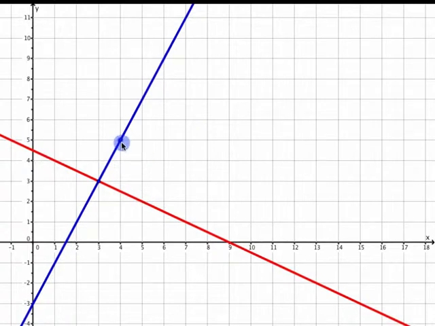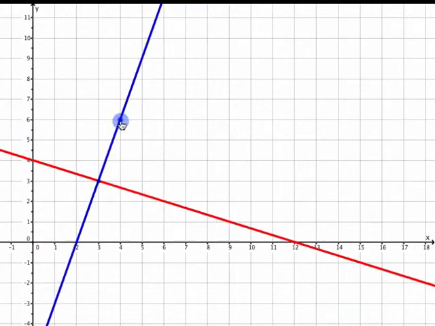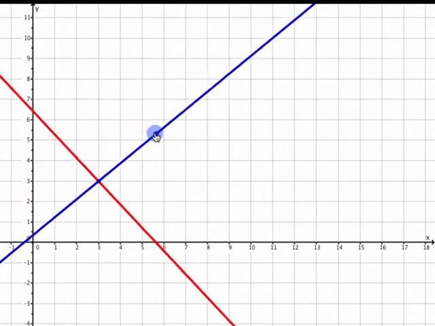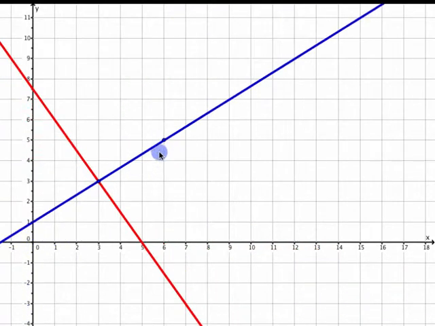Interesting. If the slope of the blue line were positive 3, the slope of its perpendicular line would be negative 1/3. Interesting. I seem to see a little pattern arising. And let's pick a fraction slope. Like if the slope of this blue line were positive 2/3, the slope of this red line is negative